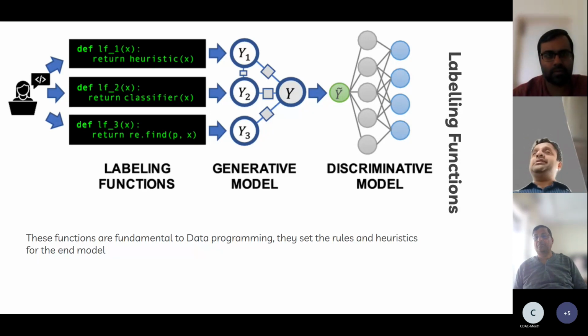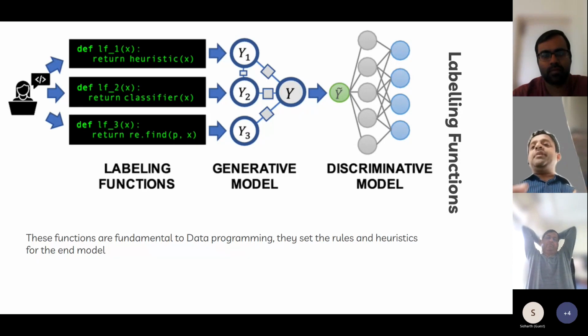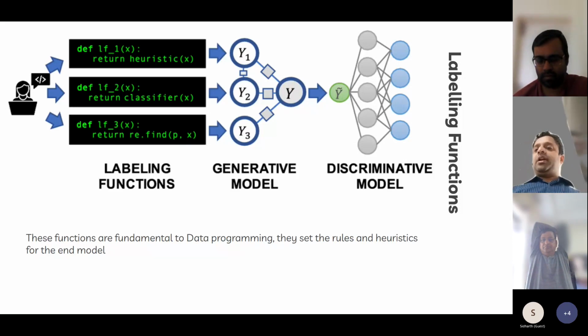Yes. The only caveat, the only qualifier there, is that these heuristics are not directly used. The heuristics are used through this generative model. So it's human intuition, human heuristics, being validated by the model through the generative counterpart. The generative model is associating probabilities or weights. What would be the simplest aggregation? It's majority voting, right? If I have 10 different rules, I can do majority voting. We are saying we can do a lot better than majority voting because some of these heuristics may be very